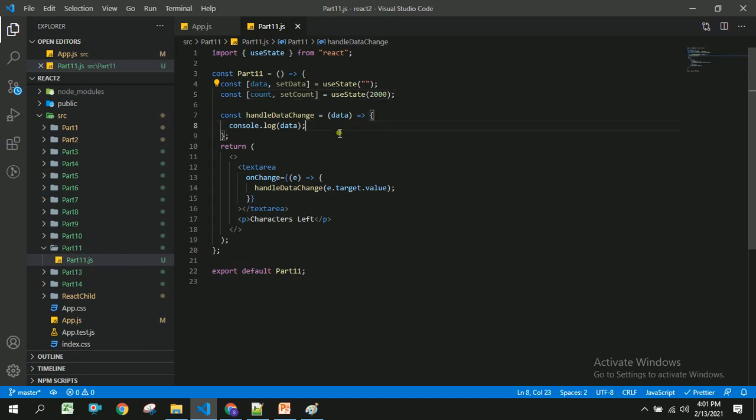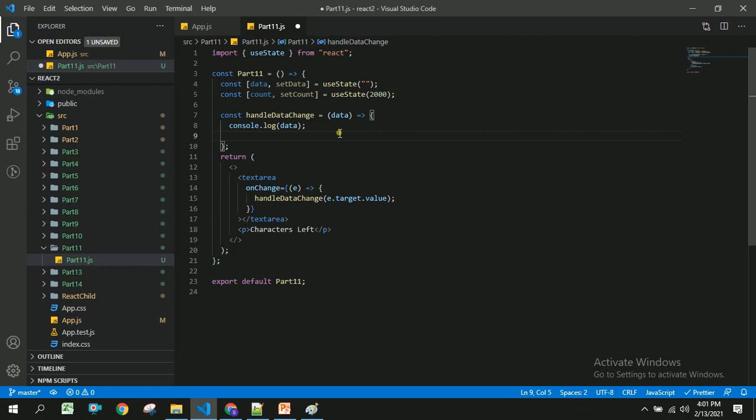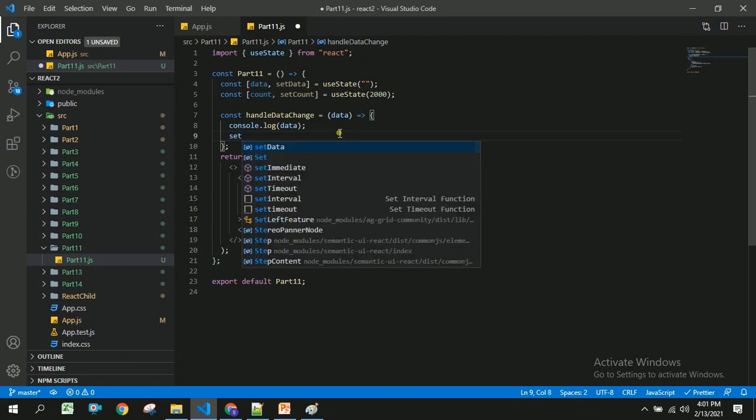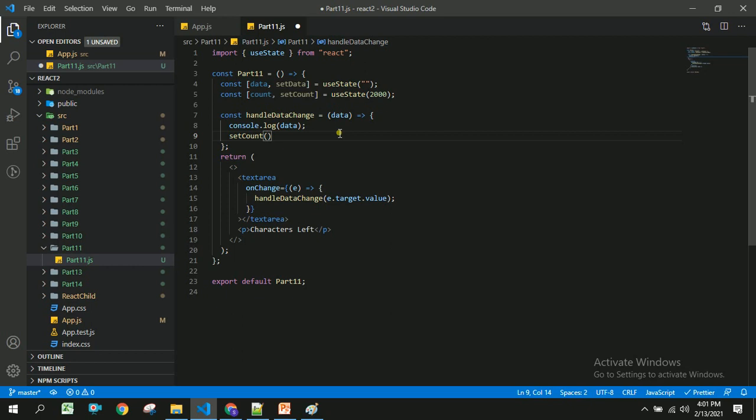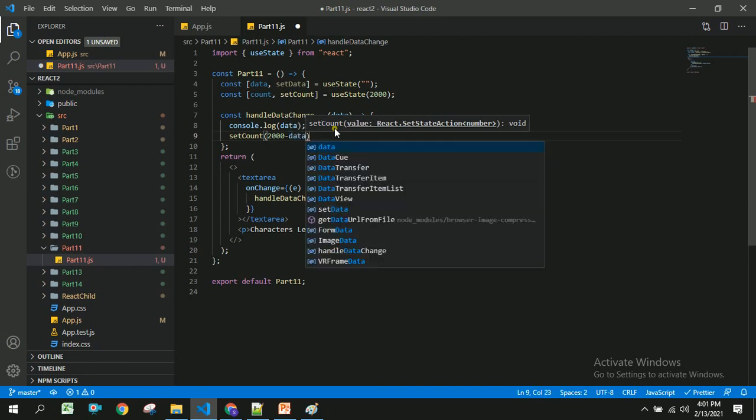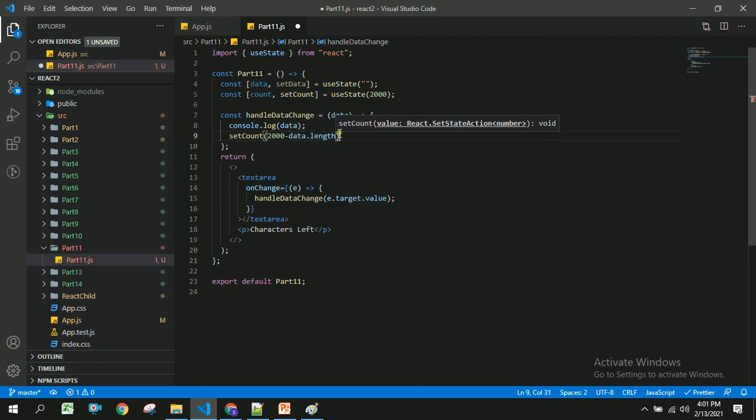So once user enters this, I am going to set the count value as 2000 minus data.length. Here we will be getting the data entered by the user, and we are calculating the length of the data what user has entered, and we are subtracting that from the 2000, so that when our user enters data, it will be subtracted from this value.